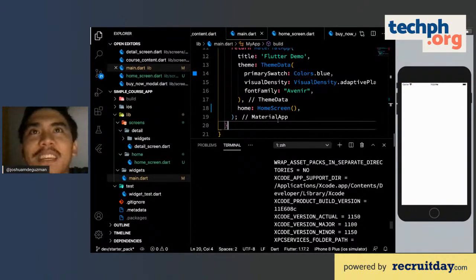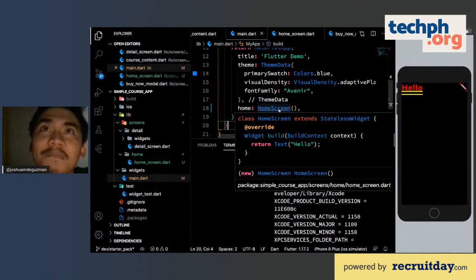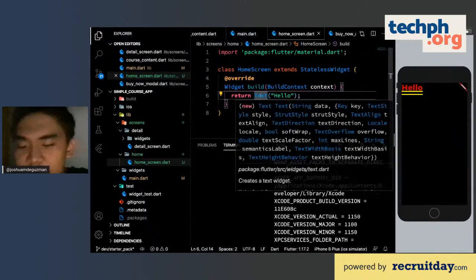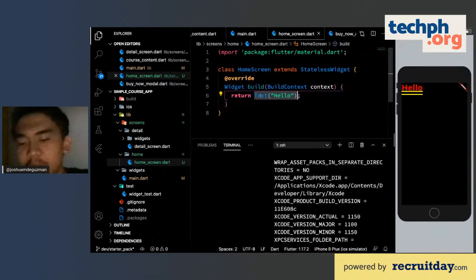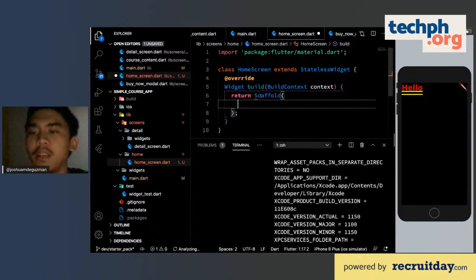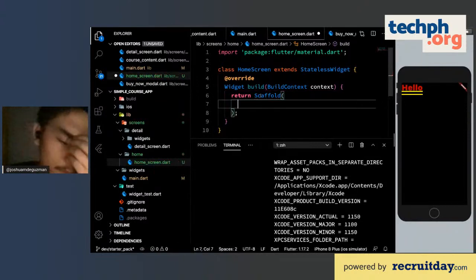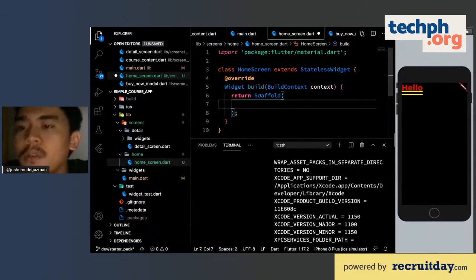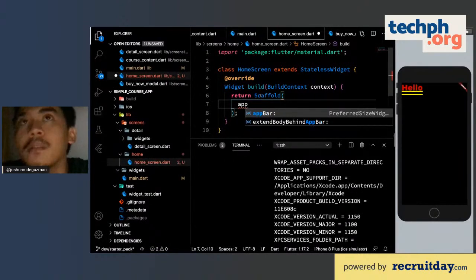Great, thank you for waiting. And this is the home screen. So for the home screen, you just have to first and foremost create a scaffold. Scaffold allows you, with the help of Material Design, to create a specific page that abides by the rules of creating a Material Design app. For example, it has a property of app bar, it has a property of body, which gives you the capability of following the guidelines without worrying too much about the constraints.